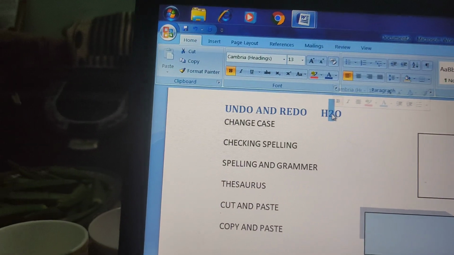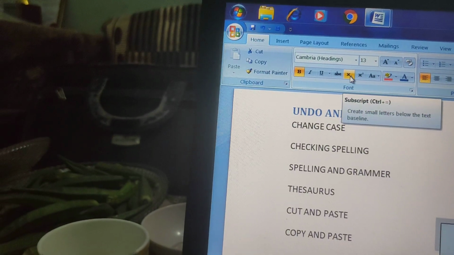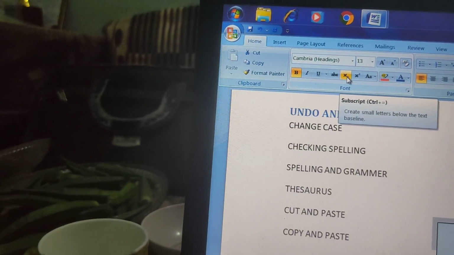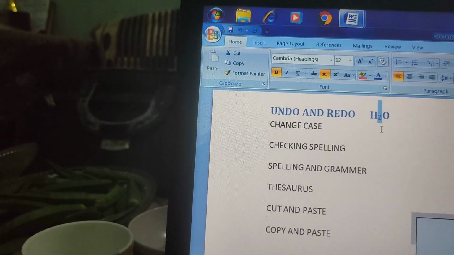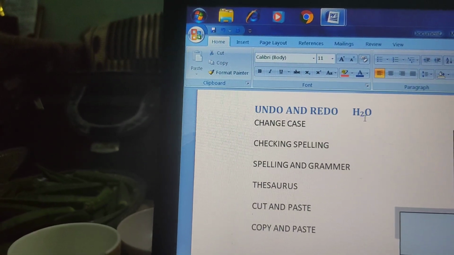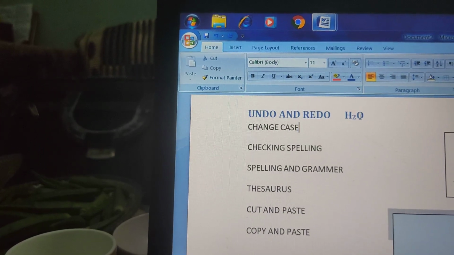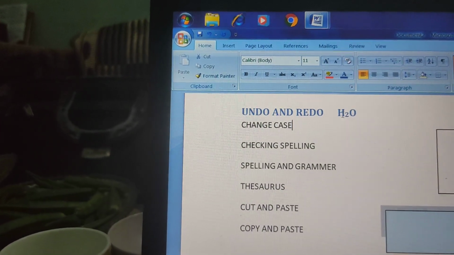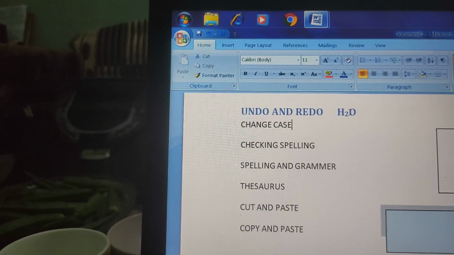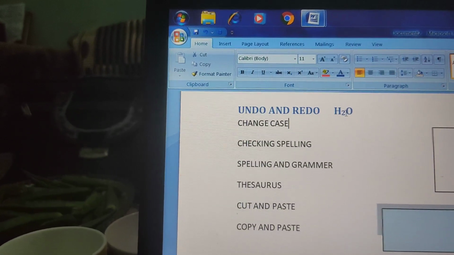One character I have selected. Now this button is for subscript. So click on that. You can see this selected text is slightly below the normal text line. So whatever is slightly below the normal text line is called subscript.